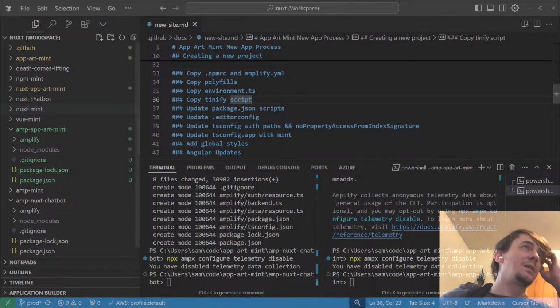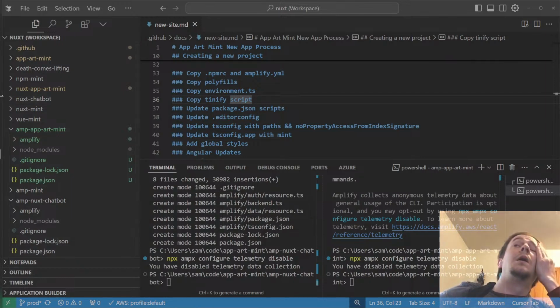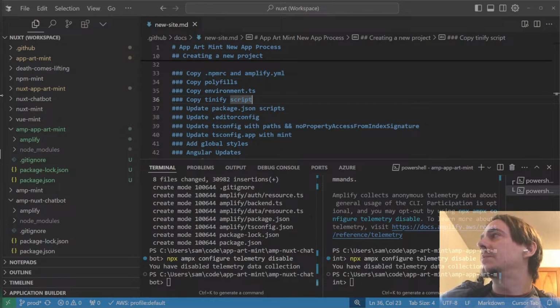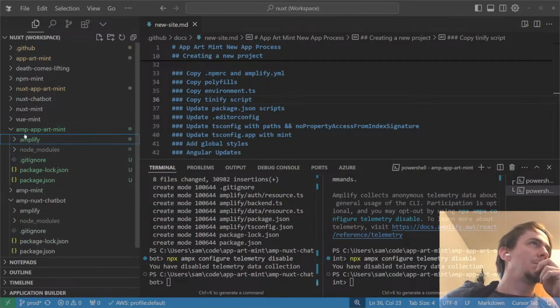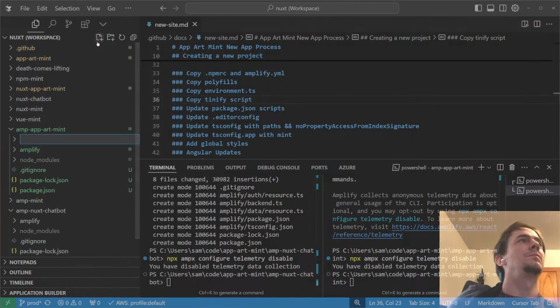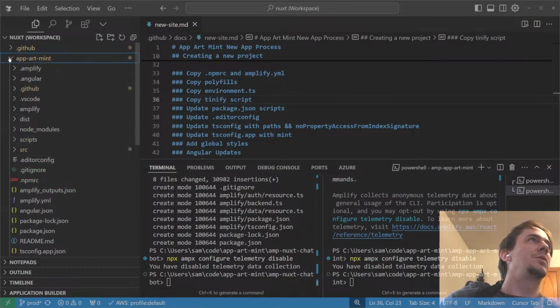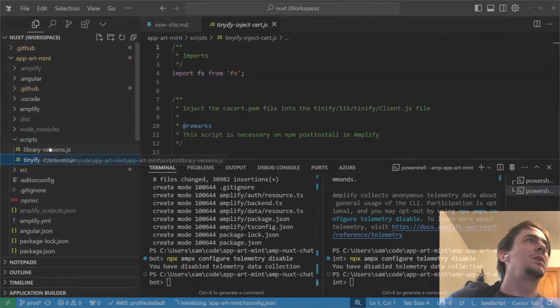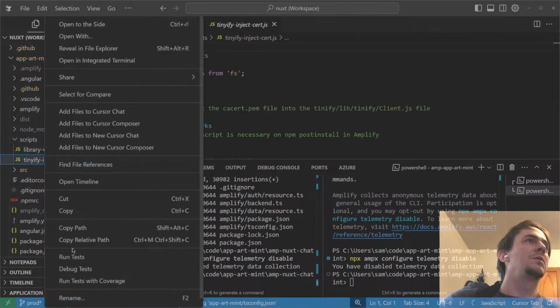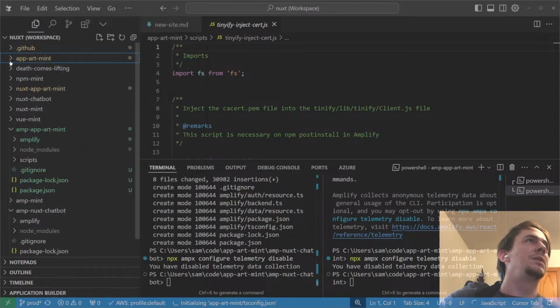Definitely gonna need that. Well, do I need any images in the chatbot? Probably not, so I'll probably only need that in here. Make me a scripts folder. This is for the Angular specifically. I do need this Tinify inject cert